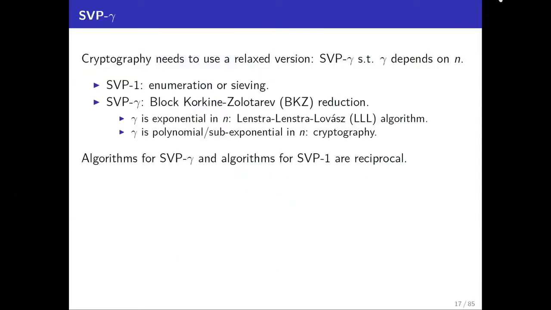Okay. In cryptography, we need a relaxed version of the shortest vector problem. The previous problem is called SVP_1, where gamma is some relaxed or approximation factor. Instead of finding the very shortest vector, we are allowed to find a vector which is at most gamma times the length of the shortest vector. That's the relaxed version. To solve the exact SVP_1 problem, the algorithms are enumeration and sieving, but to solve the approximated version, SVP_gamma,